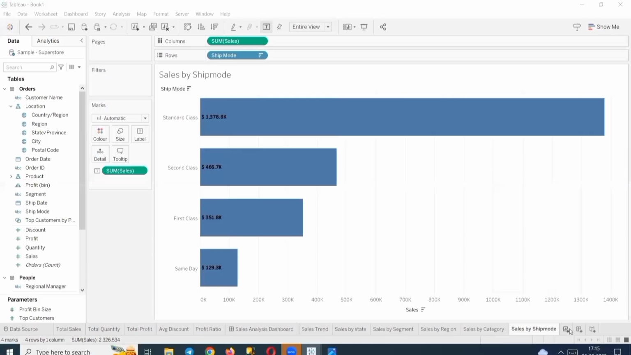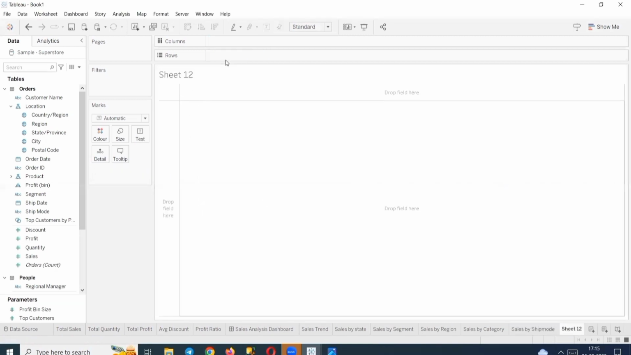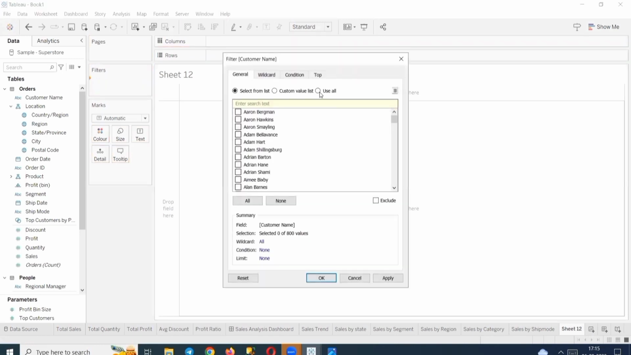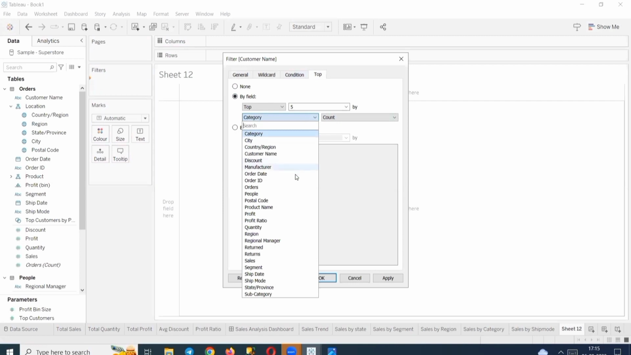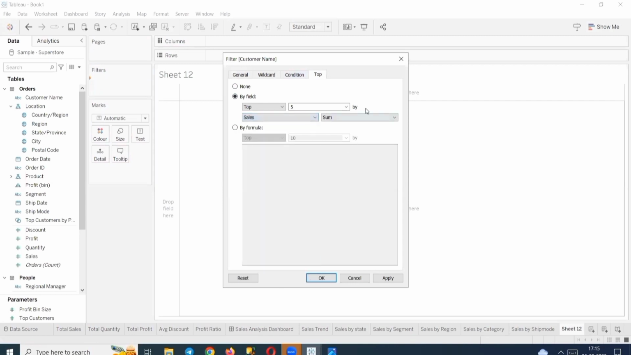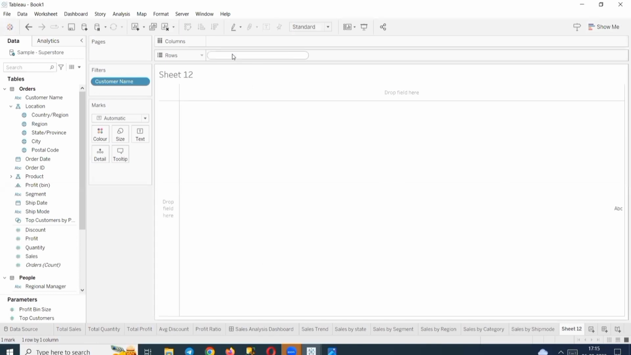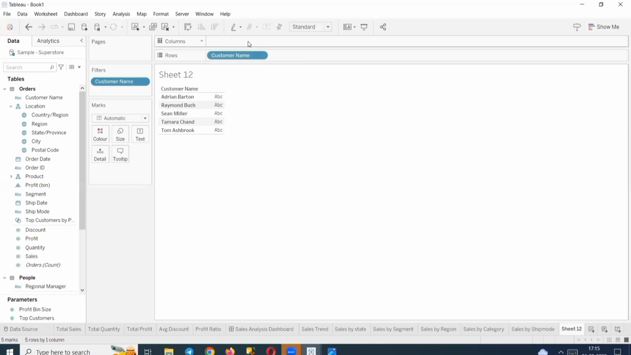So let's complete the final 2 worksheets, which are sales by top 5 customers. So let's bring customer name into the filter. And we are using the top function here, by field, top 5. We are going to based on the sales, sum of sales. Clicking on apply. Now we are going to bring the customer name to the columns, sorry, rows, and sales,